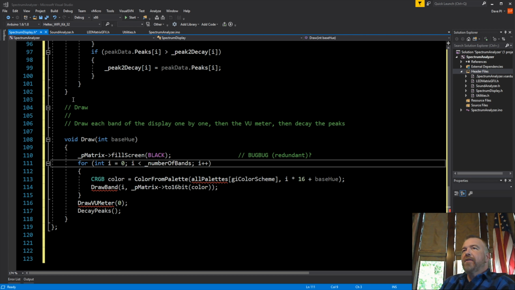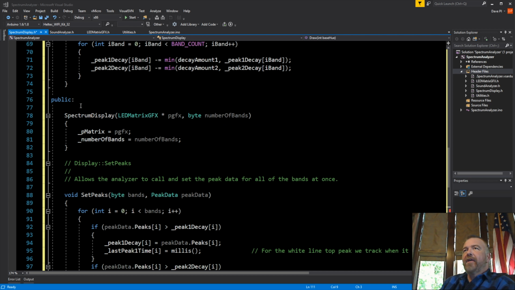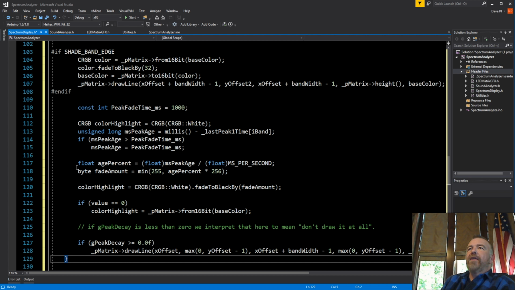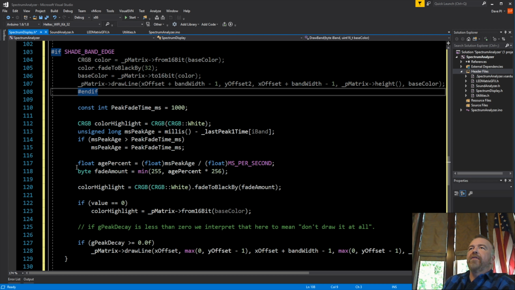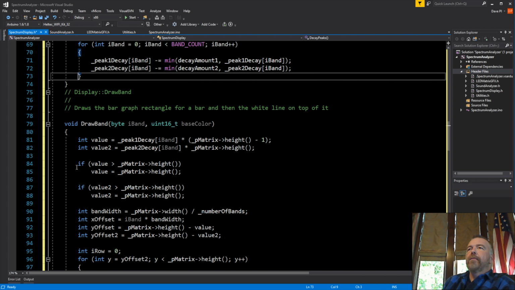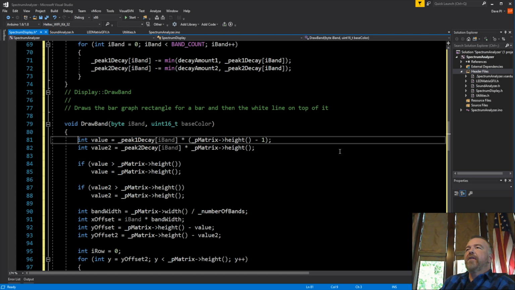Now, if drawing is just a matter of drawing a band, who's doing the actual work? And that is, of course, DrawBand. It is back up in the private section since it's not called externally. First thing it does is calculate two values. Value, which is the level of the white high line, and value 2, which is the level